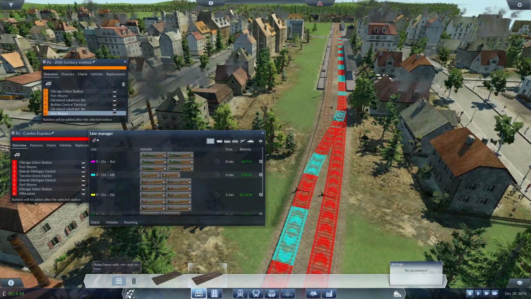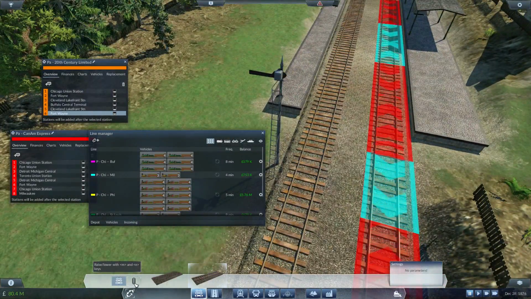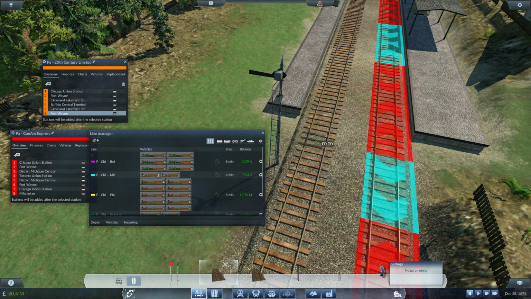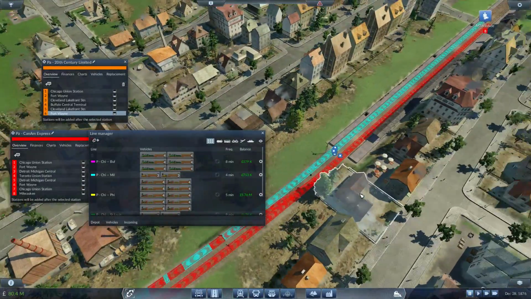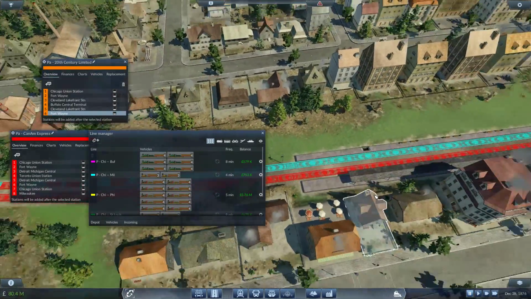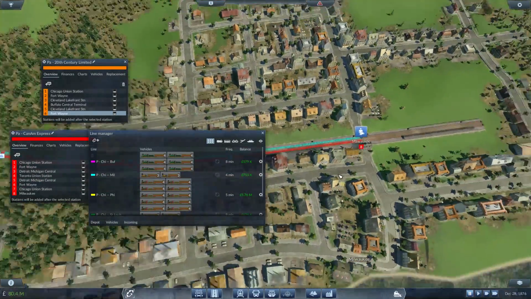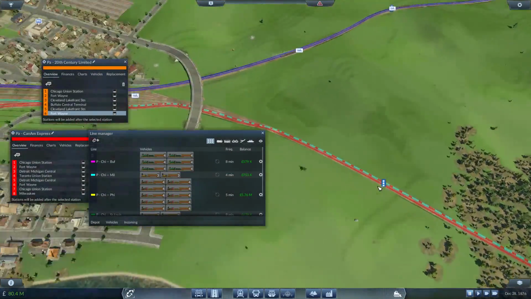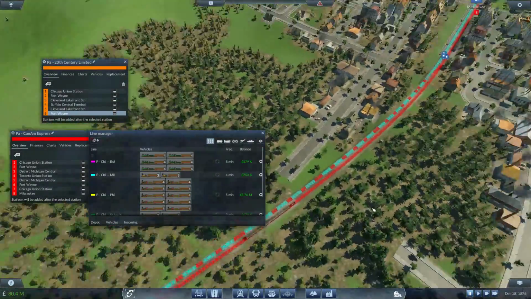Right, let's open up the rest of them. Now, did I have my waypoint set up here? I don't know. I don't think I did. There we go. That will do quite nicely. Oh no, I do have waypoints. Oh, I only had it on one side. I should really remember to do that. But that's now running...